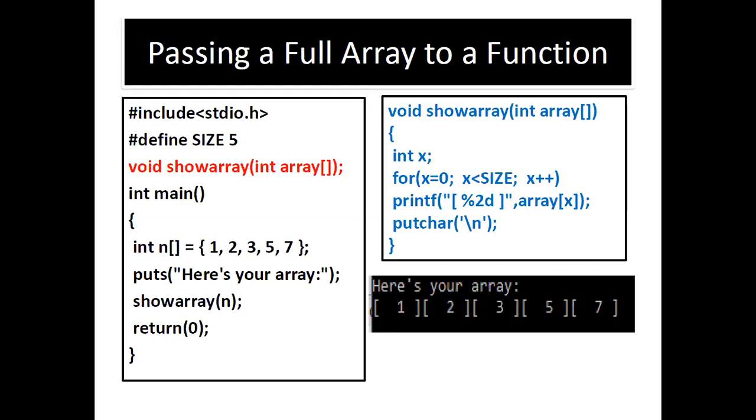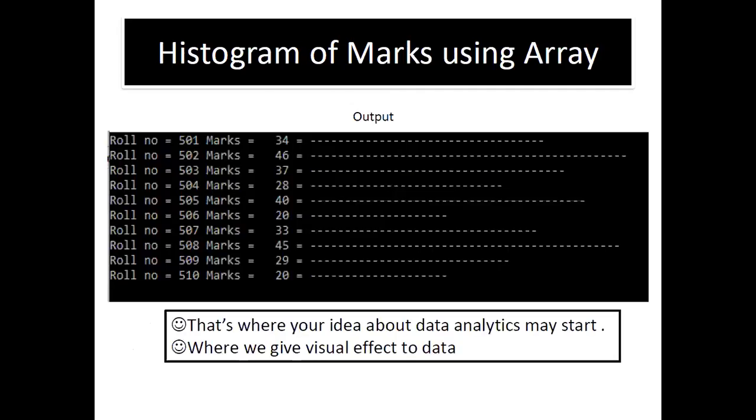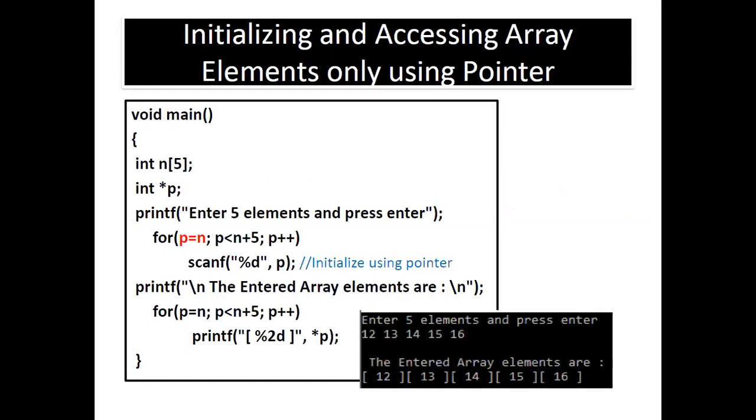For the people who have joined me a little late, just showing the previous code for you. That code was just to make a histogram for your class members. If you have 60 members and roll numbers, we have taken only 10 because it would be a big output. And how you are going to take their marks and make a histogram. So I hope you have understood. Anyhow, I'll be sharing this total material with you. And that was our second code.